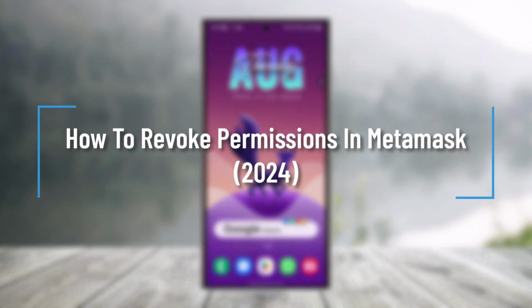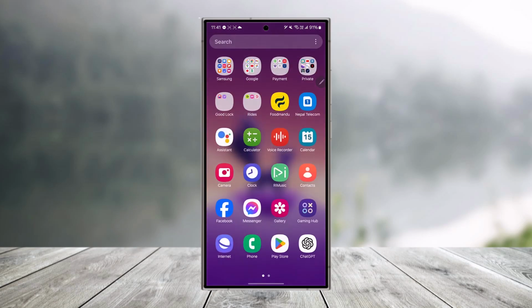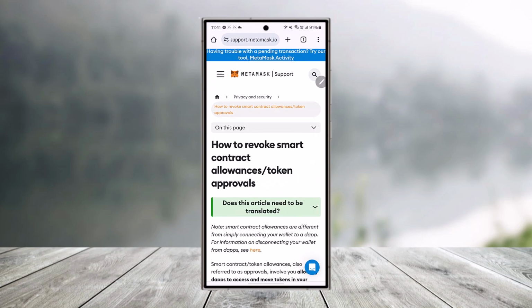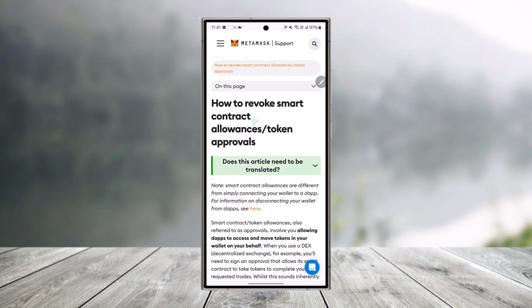How to revoke permissions in Metamask. So if you want to revoke permissions in Metamask, first of all, if I open up a help topic from metamask.io themselves, you can see it gives me a couple of instructions on how I can revoke smart contract allowances